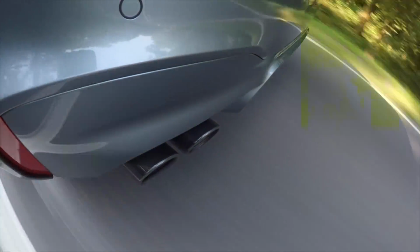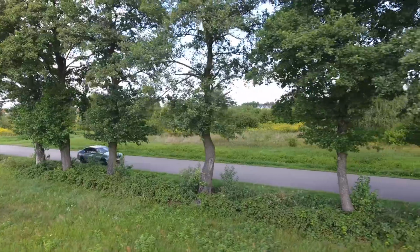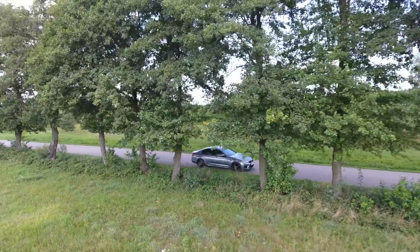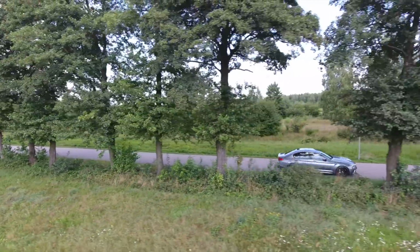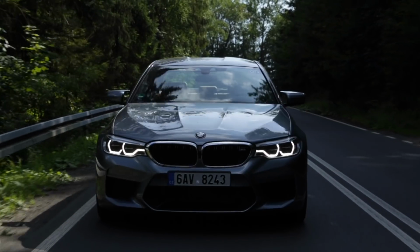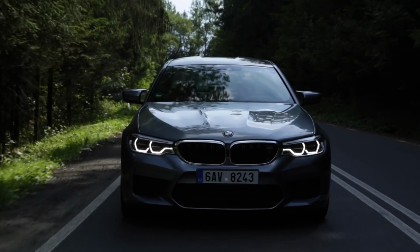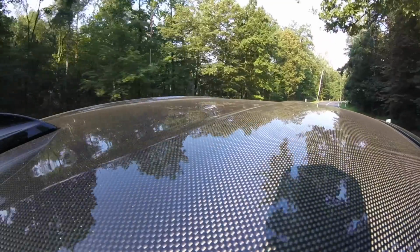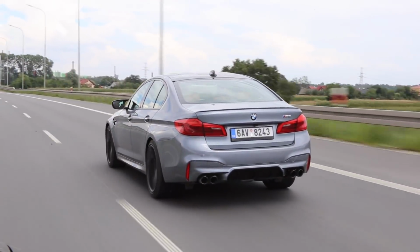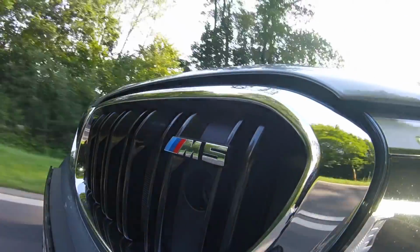Combined fuel economy, if you care, is about 15 liters per 100 kilometers, which also happens to be around 15 mpg. The best I got extra urban was 12 liters per 100 kilometers or 19 mpg, way off the 8 liters or 29 mpg BMW claims,